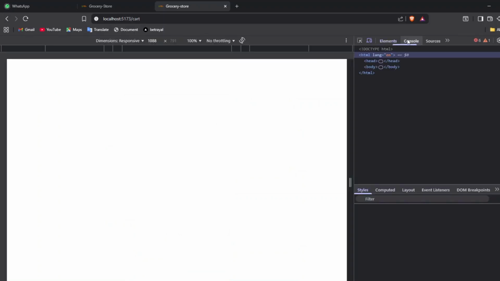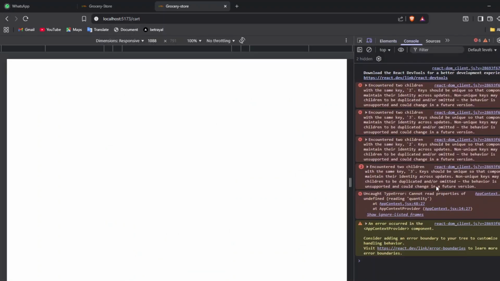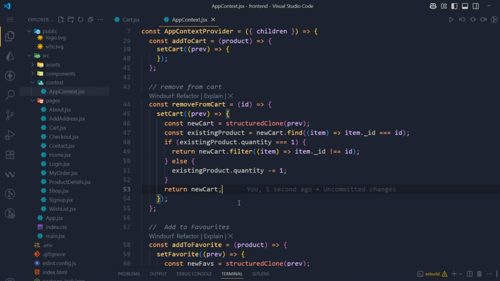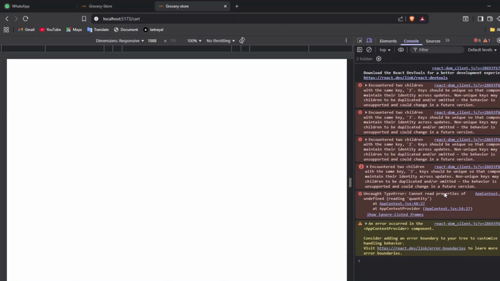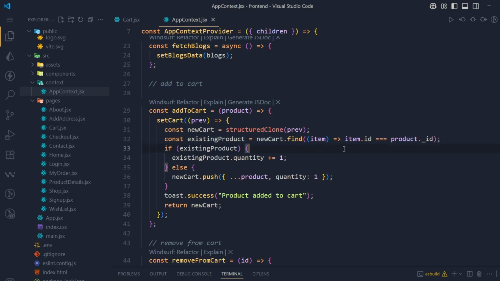Let me check the console. What is the problem here? Quantity is undefined, cannot read properties of quantity. For that you can see here we are using item.id, but we need here item._id, not id, because item has _id, underscore, not simple id. Okay, this is done. Now if I again open it,